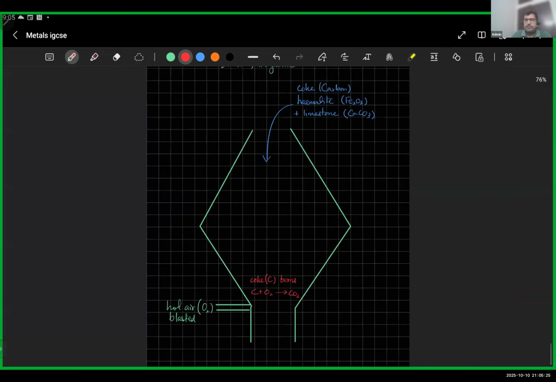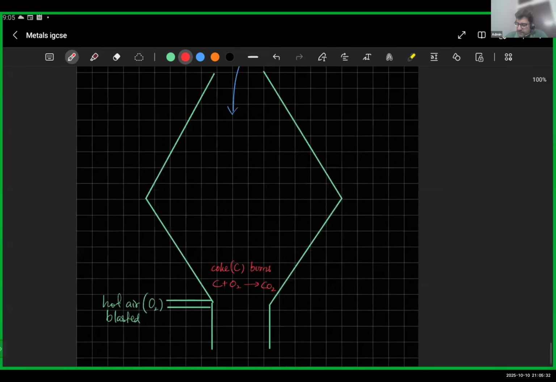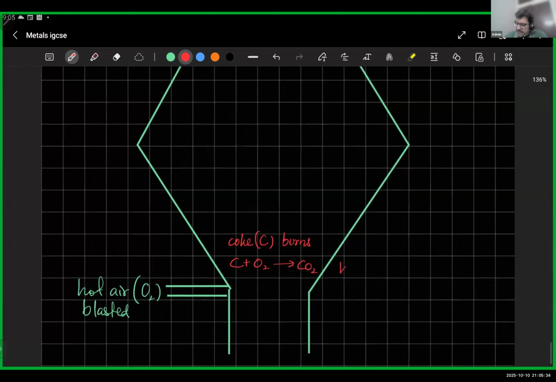Okay, so the coke that you're adding from the top, it burns, and it produces a lot of heat. So it's highly exothermic. Heat is produced and your entire mixture melts. Basically, the coals that you added, the coke that you added, it catches fire. Slightly higher up,